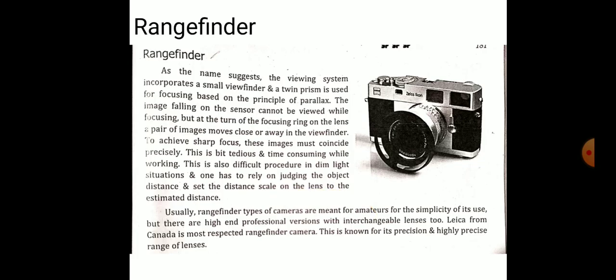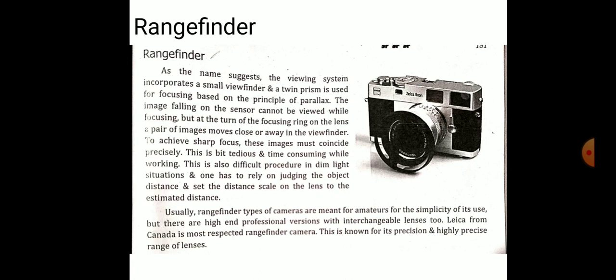Now here we are having an introduction of different cameras. Earlier days the rangefinder camera was very popular. Rangefinder is a type of camera, so we are basically understanding over here the types of cameras. Rangefinder is number one, the first type. Okay, so we will read out and understand what a rangefinder camera is.